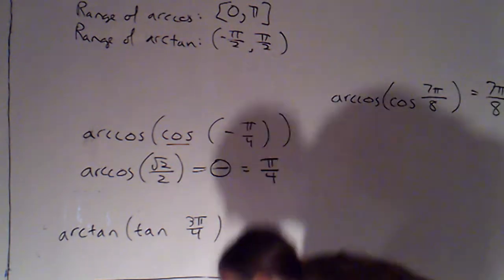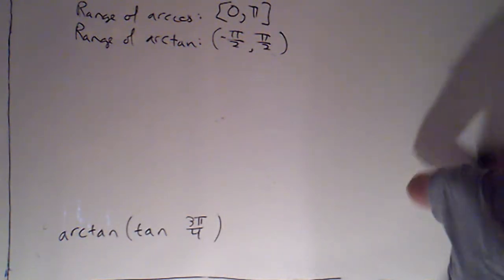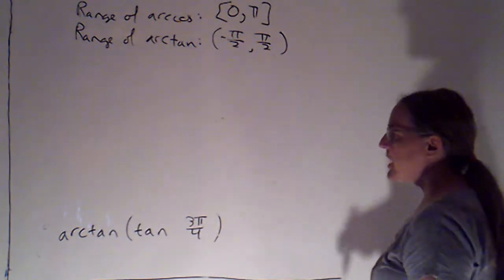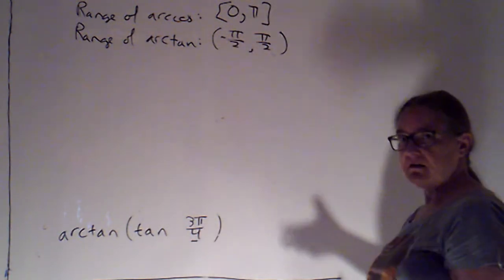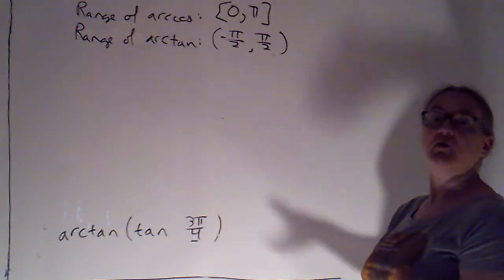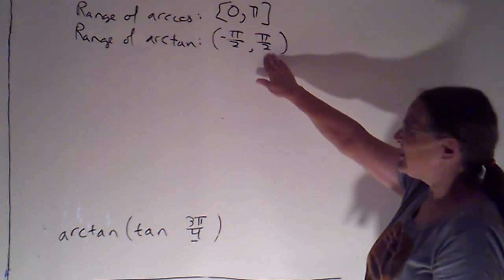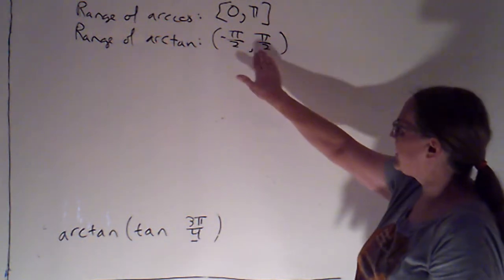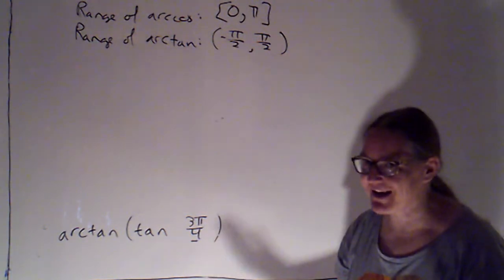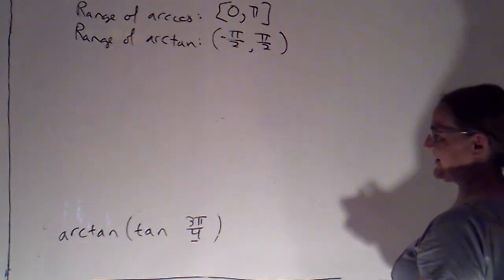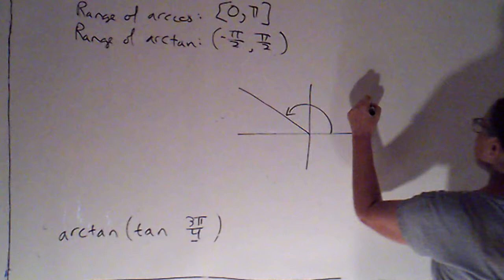All right, so let's take a look at this one. Arctan of tangent of 3 pi over 4. So I need to look here and say, is that in that range of arctan, which would be the restricted domain for tangent? No. I need to be between negative pi over 2 and pi over 2. That's an obtuse angle. So I've got to do this one piece at a time. So tangent of 3 pi over 4,